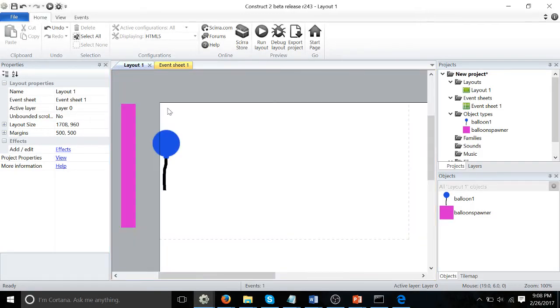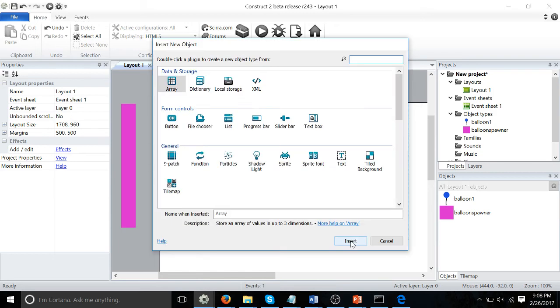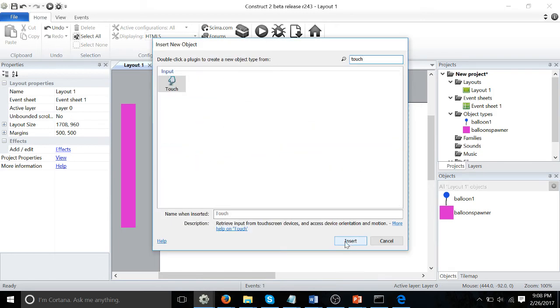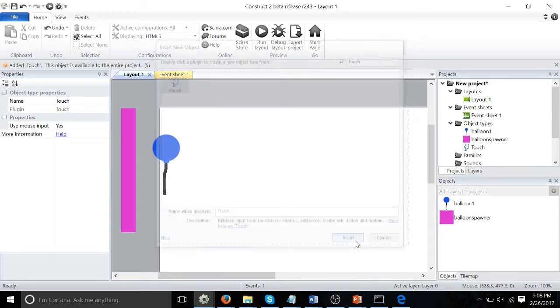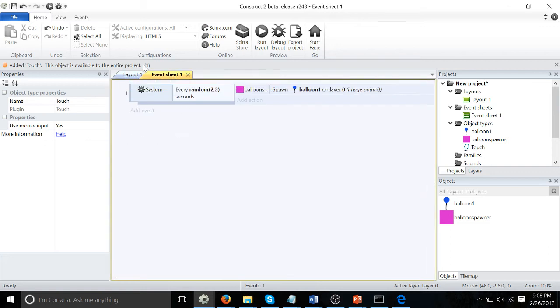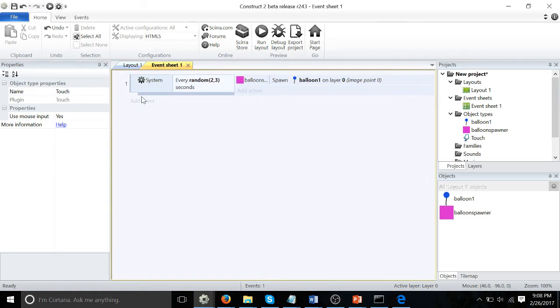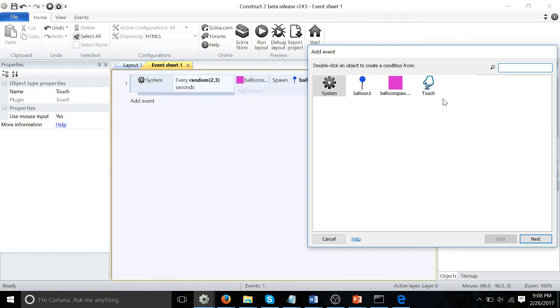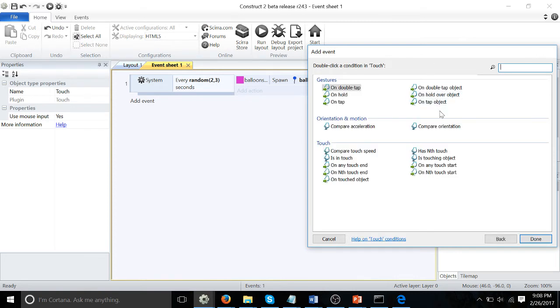So we're going to go back to layout 1, and we're going to click on the grey part again. We're just going to type in here touch. We're going to add the object touch. So touch will allow us to touch different objects inside the game. Obviously, that makes kind of sense. So just insert, and it'll just say wait 4 seconds, and then we'll wait a few more seconds, and then here we go. So on touch, we go to the touch now, on touched object,